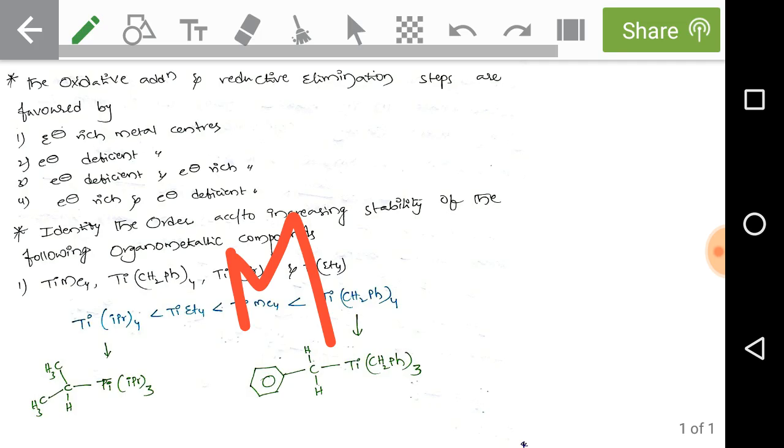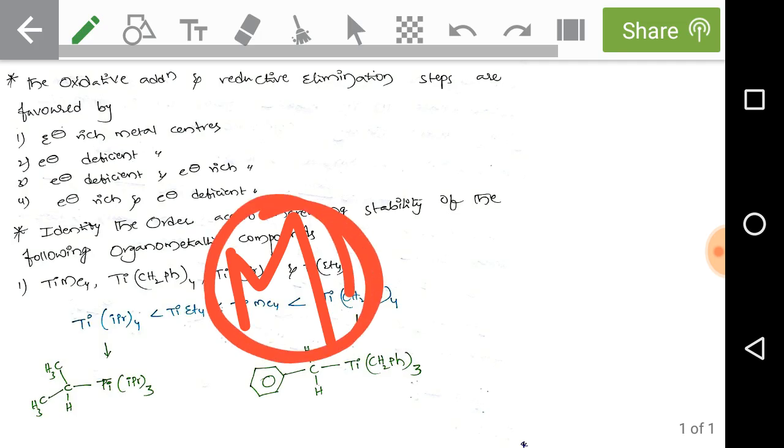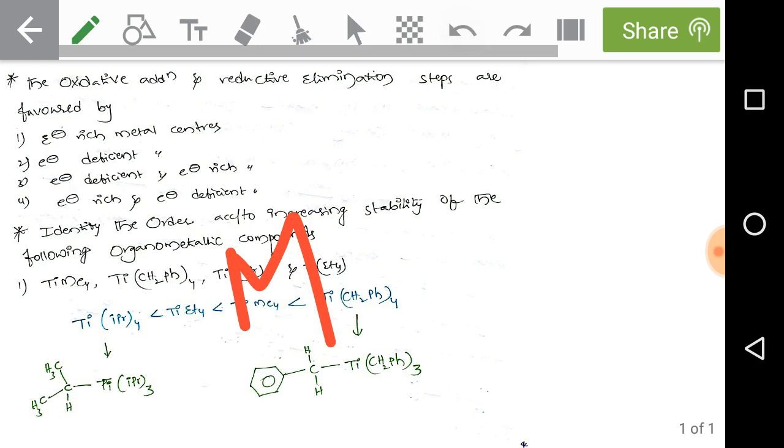Now come to reductive elimination. The metal should get reduced. In that case, the metal should be electron deficient. Then only reductive elimination is possible, as electrons can add onto the metal. So from this we can say that oxidative addition involves electron rich, and reductive elimination involves electron deficient metal